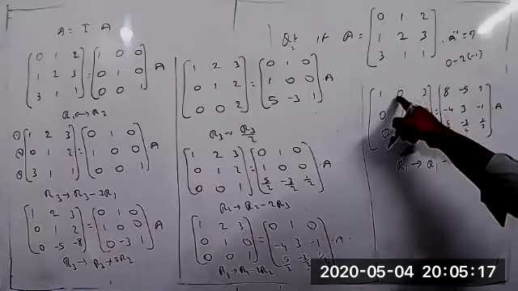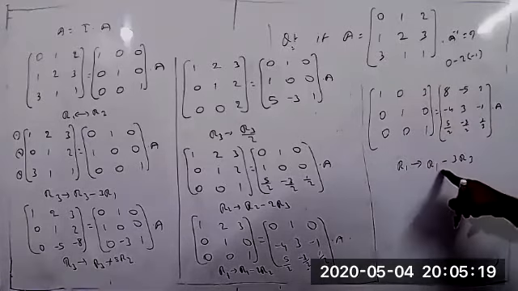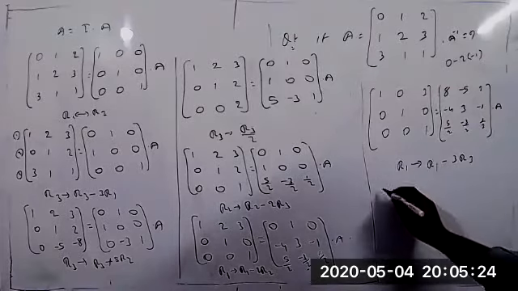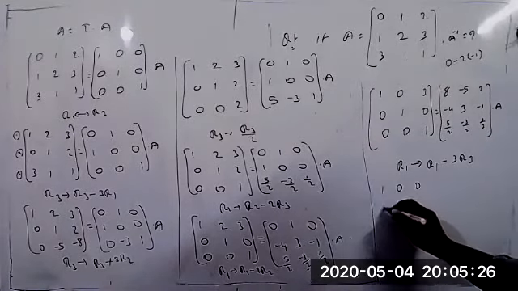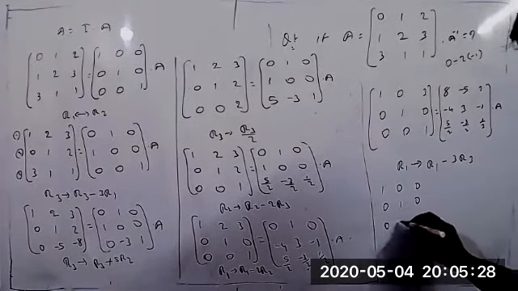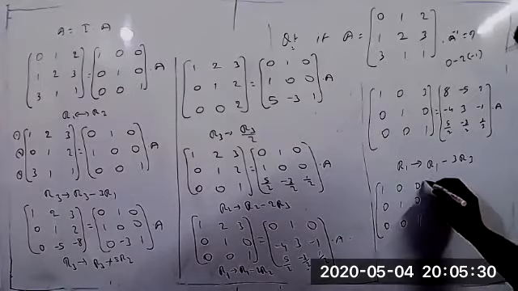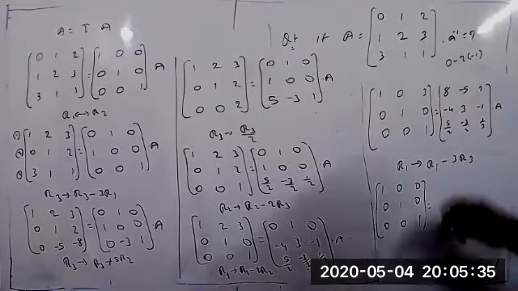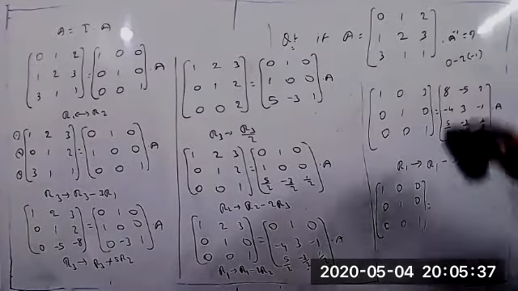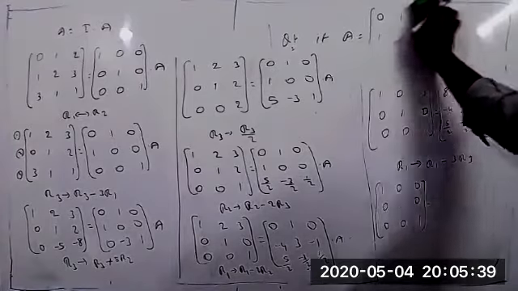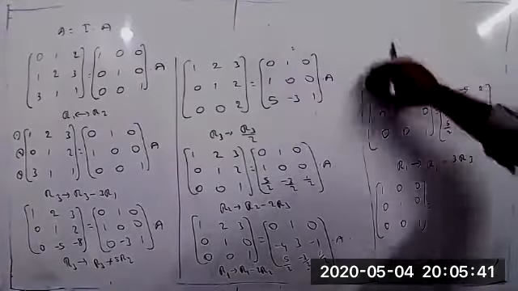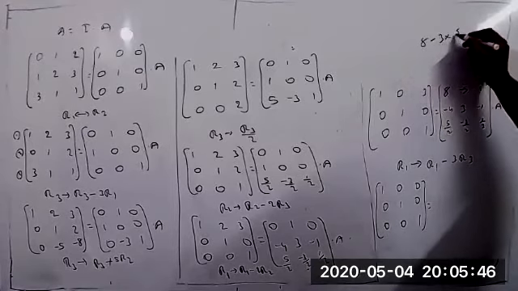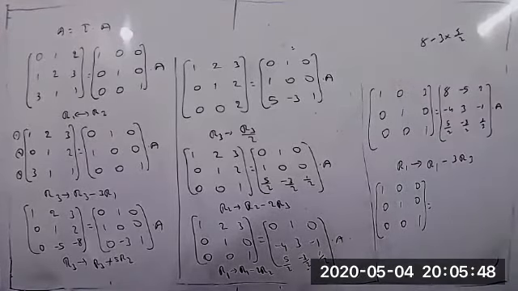That means in these two elements we are not getting any changes. So 3 minus 3 into 1 equal to 3, so 3 minus 3 equal to 0. So right now, 1 0 0, 0 1 0, 0 0 1 equal to, but change these values now. 8 minus 3 into 5 by 2.